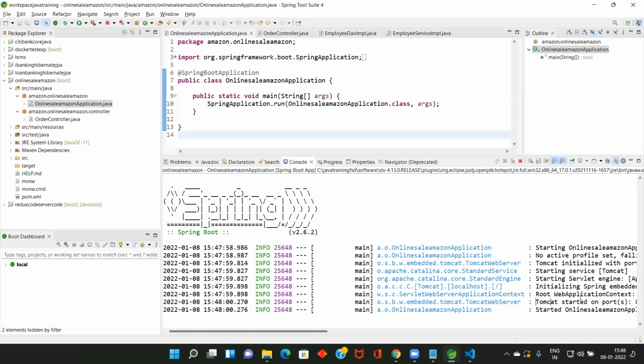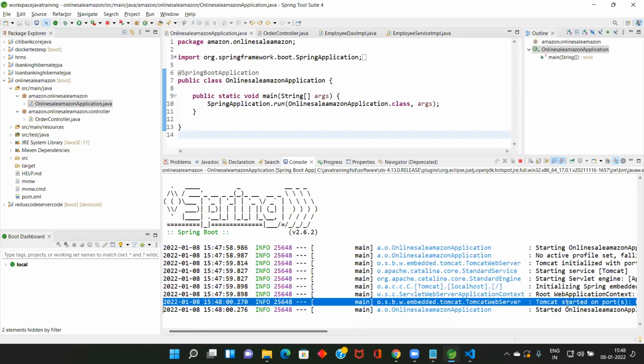See here, Tomcat started on port 8080. All will get something like this. Can you try this one? All should come up to here. If you are not getting, share your screen. So what is the thing that we are going to try? We are creating a web application so that this can be accessed from a browser. So we will see now. That's the thing we are going to experiment.